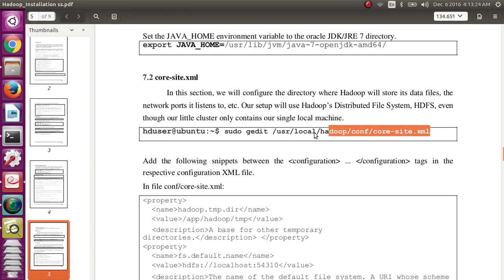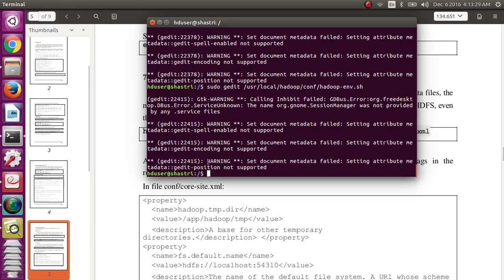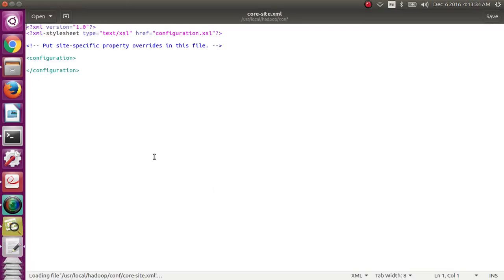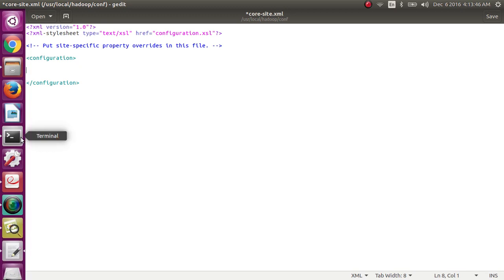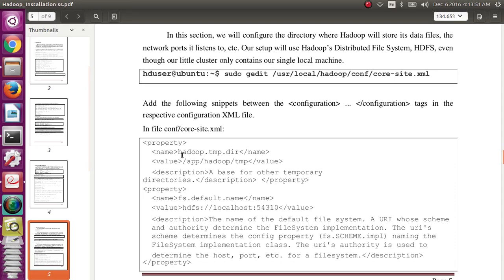That can be opened using any editor, but here we are using gedit. Copy the command and open that file, core-site.xml. See, this is the default core-site.xml file. Under this configuration, we need to mention the HDFS file path and other things. So all are available. See, the Hadoop temporary directory tmp.dir and these configuration directory Hadoop HDFS files are available in